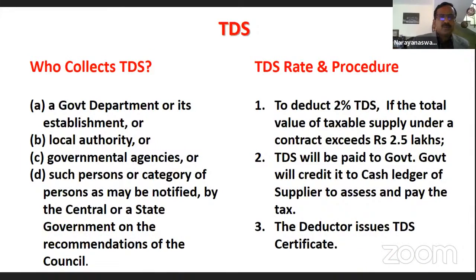Then I was mentioning TDS, that is tax deducted at source. Essentially both are the same, but the difference is that in case of TCS, it is the electronic commerce operator who deducts 1%. But in case of TDS, it is the responsibility of government departments, local authorities, anything government related, through their transactions, they are supposed to deduct 2% as TDS from their suppliers if the amounts are more than 2.5 lakh, so that the other person will not run away without paying the taxes to the government. It works in the same way as TCS.